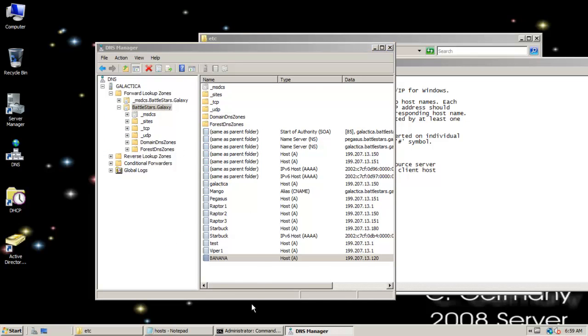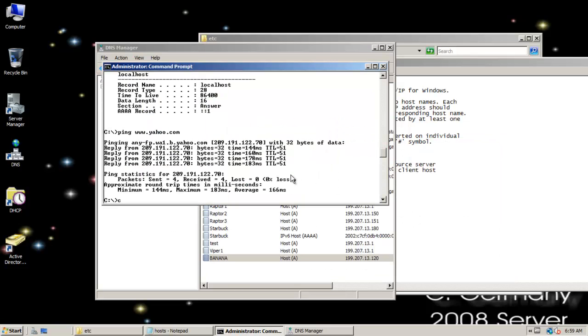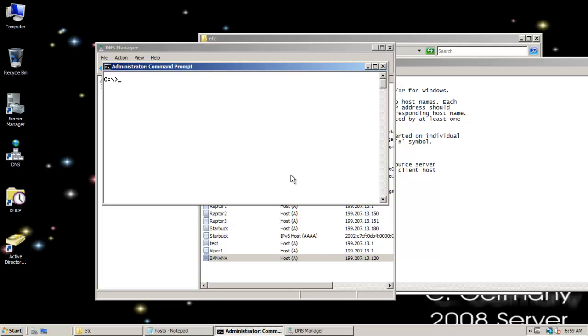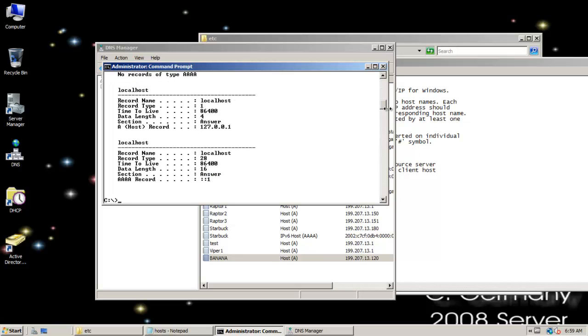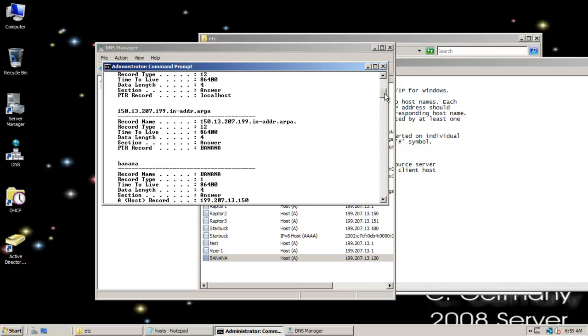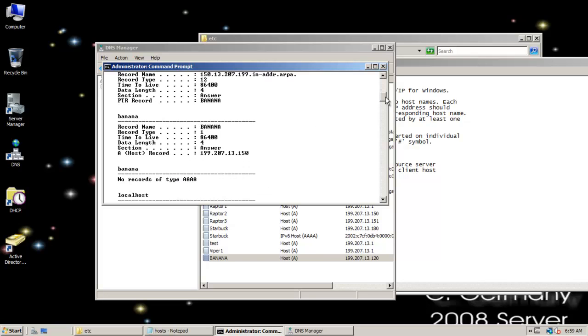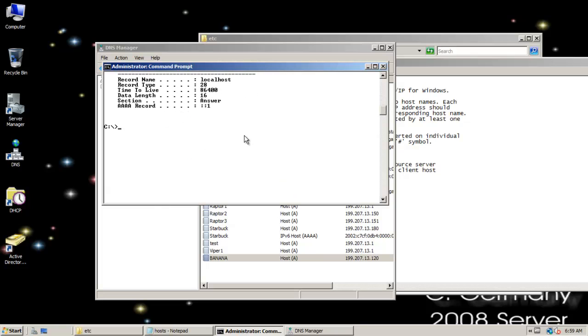Let me bring my command prompt back up. And let's flush our resolver cache to clean out all that information, so we can start with a clean slate. Flush the resolver cache, and let me display the resolver cache. Okay, notice here, this is not from my DNS server, but it's the record from my host file. And if I were to ping banana,